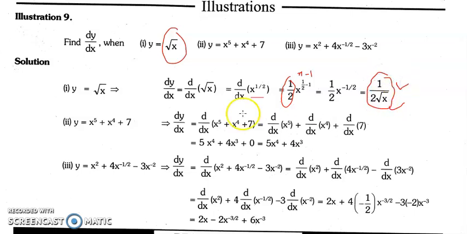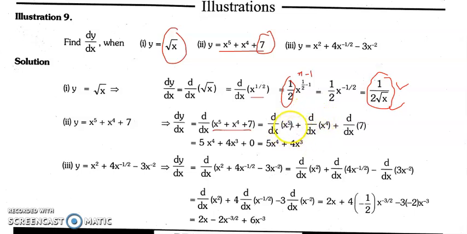So this is a very simple example. The next part is y is equal to x raised to the power 5 plus x raised to the power 4 plus 7. So 7 is a constant, and the derivative of 7 would be 0. First of all, we'll apply a simple formula: dy by dx of a sum of three functions. So this is the sum of three functions. The derivative of a sum of three functions would be the derivative of the different functions and their sum, of course.